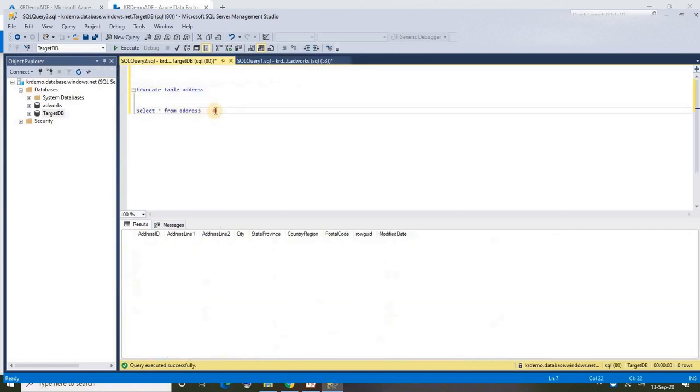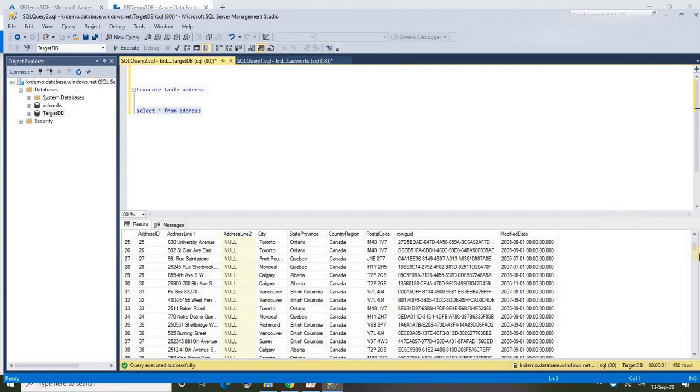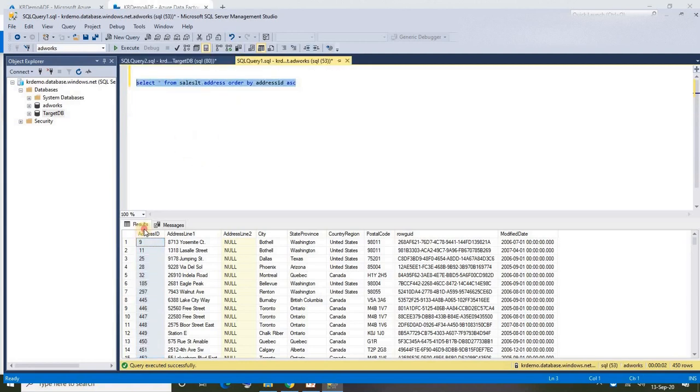Alright, so now let's go ahead and execute the query on our target table. We have got data for all the columns. All the column data is matching, but if you observe here, the address ID column has got its own value. It has started with 1 and increments by 1, so it has got a sequence number. As per the specifications we gave while creating the identity, it has taken its own value. But our requirement is not that, right? Our requirement is that whatever data is in our source table, including the address ID column, the same data has to be replicated in our target table as well.